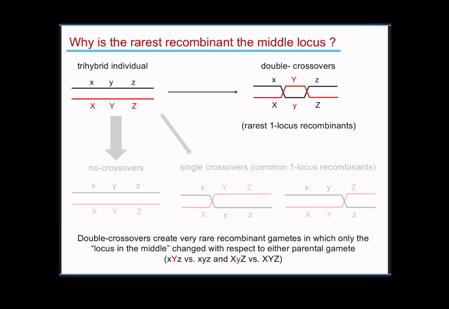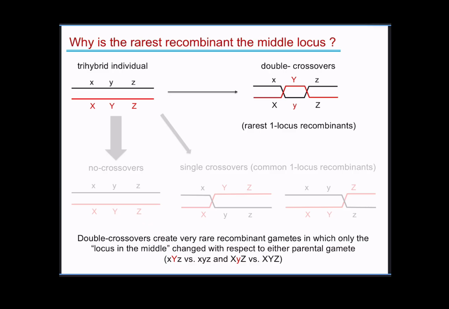Probabilities: what's most likely is that one crossover will fall between the first and the second loci, and the other, the second crossover event, will fall between the second and third loci. So this is going to be extremely rare. And what happened here was that the only allele that changed with respect to the parental gametes is the one